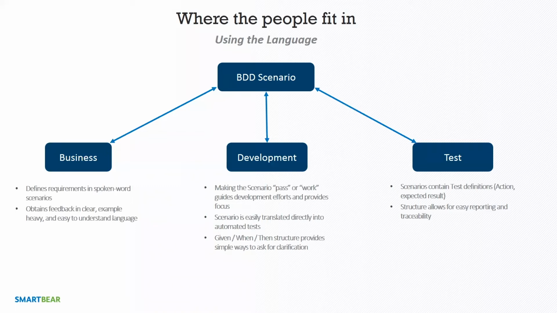So maybe the analyst writes it himself, but he sends it to the developer. They can go ahead and read it. They can imagine how they might develop the functions that define these statements in their BDD scenario. Send it back to the business analyst, work on making sure that's properly fleshed out for them. So that when the scenario is translated into an automated test, it's easy to maintain and fix. And again, make sure it's built in the way the business analyst, perhaps the PO, intended. Right. Again, we can get that with that given, when, then structure.